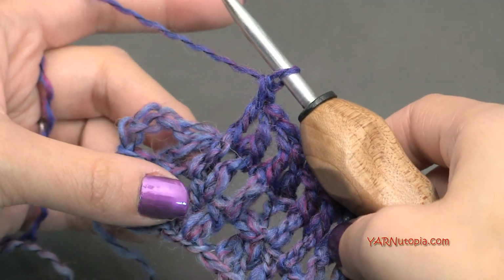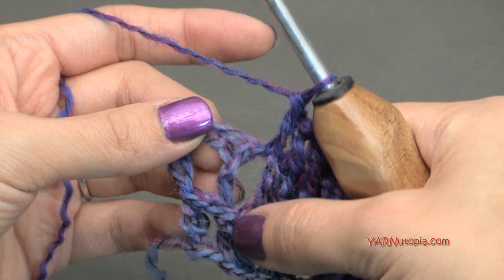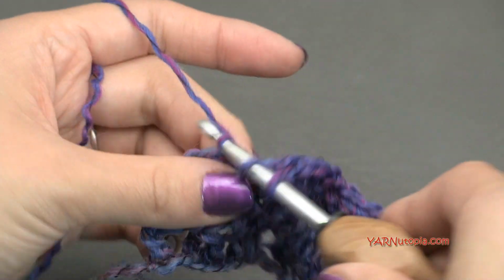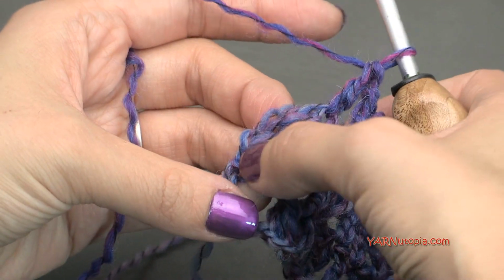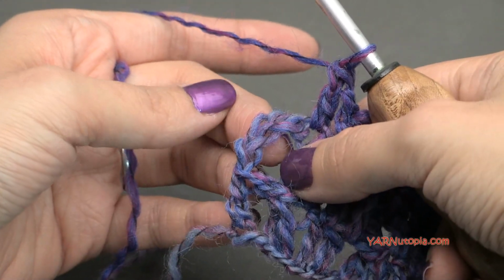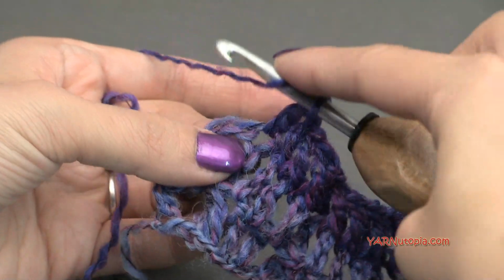Alright, so I'm coming up on the end of row 3 here, and you can see that this stitch right here needs a regular double crochet because it looks like a back post stitch anyway. And then we have our chain up 3 right here, 1, 2, 3, and it should be a front post stitch, but since it is just a chain up 3 here, we're just going to put a regular double crochet